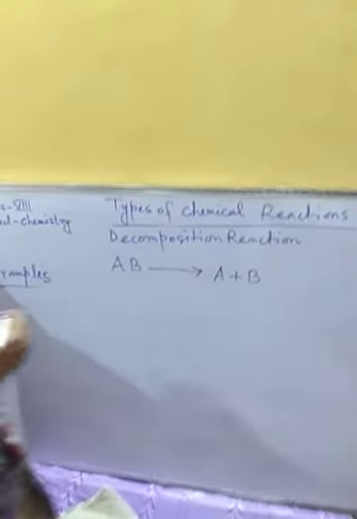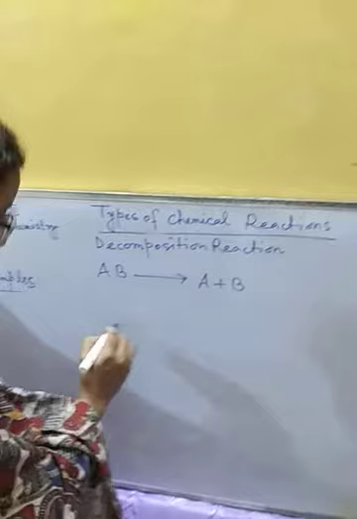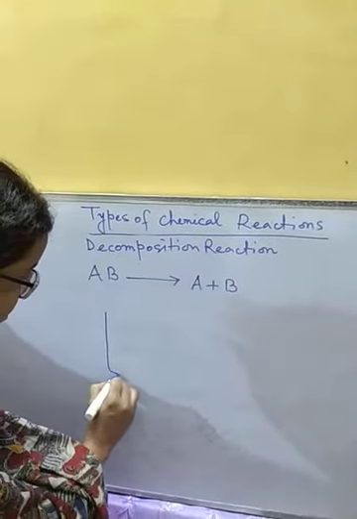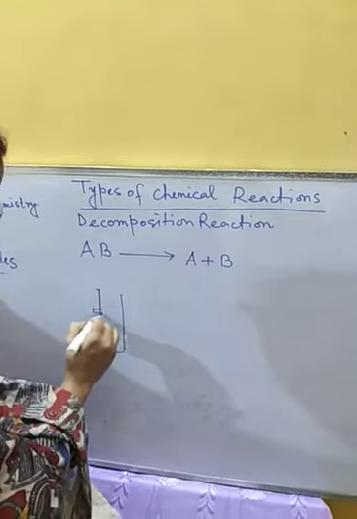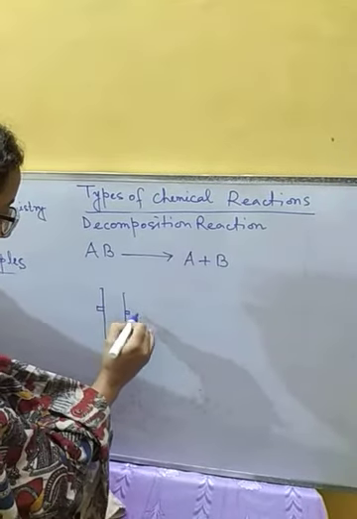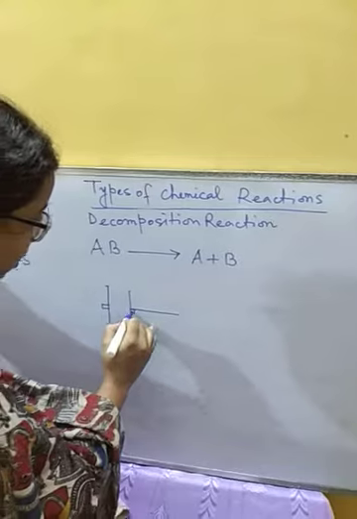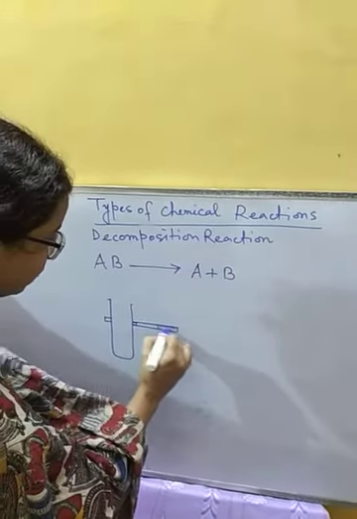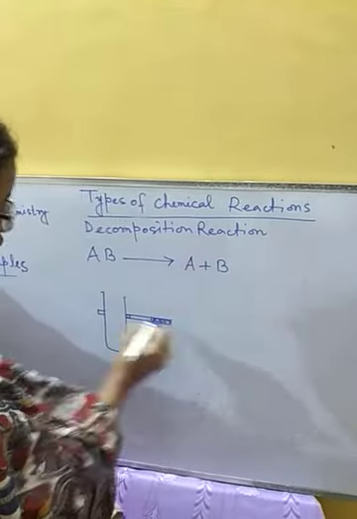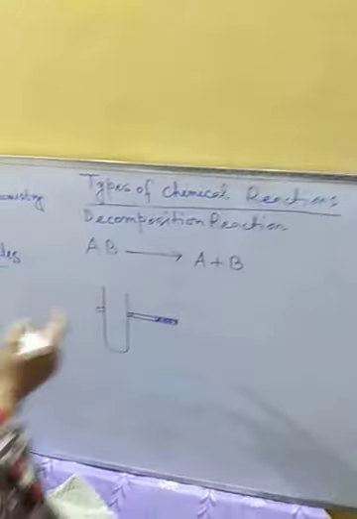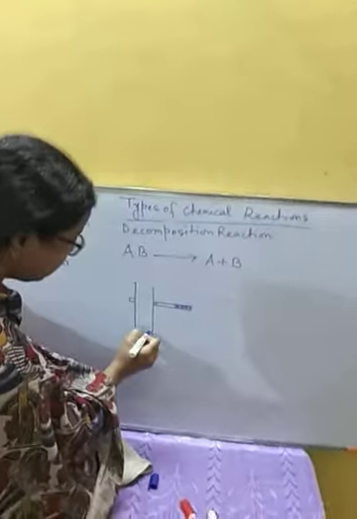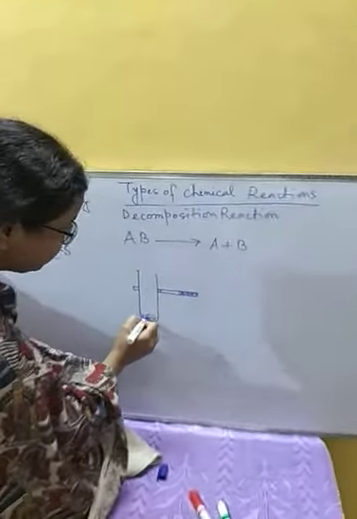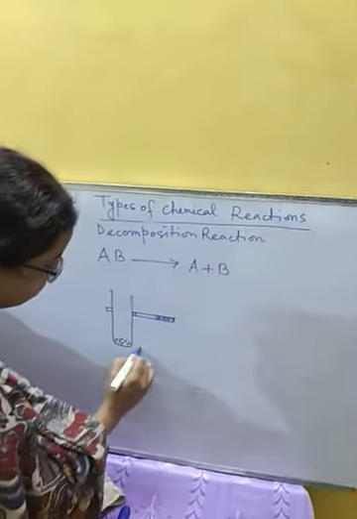What we are going to do: we will take a dry test tube like this, and we will hold this test tube through the test tube holder. So we are going to take this dry test tube, and in this we will take lead nitrate,